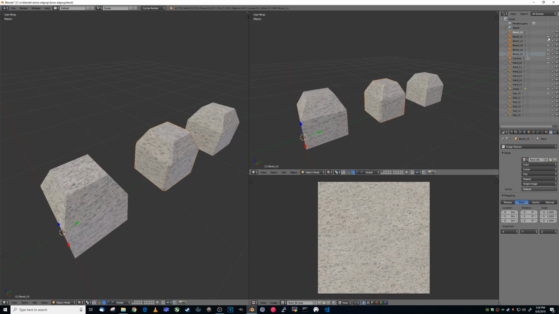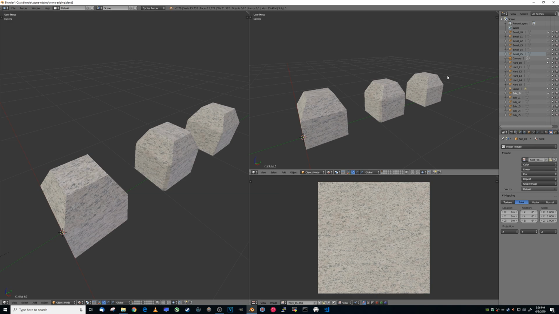And once again, if we make these invisible, we can see that it has been transferred to each of the meshes. We're going to go ahead now and finish this process with sub. Control Shift T, transfer UVs. And if we make them all invisible, we can now toggle them one by one and see that the UV